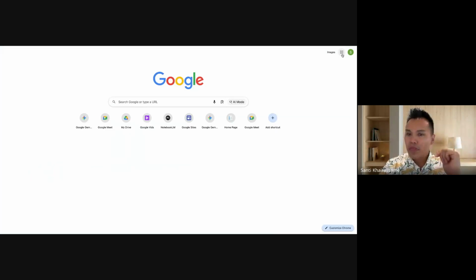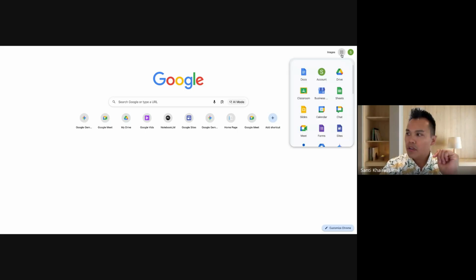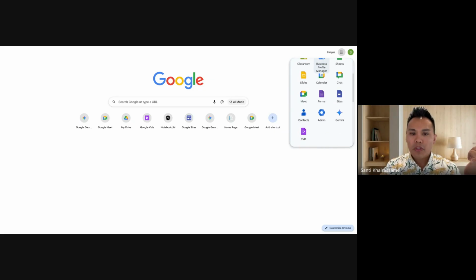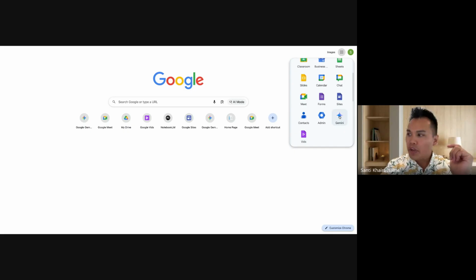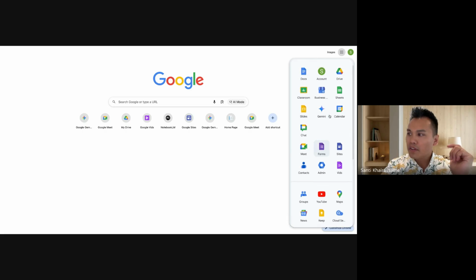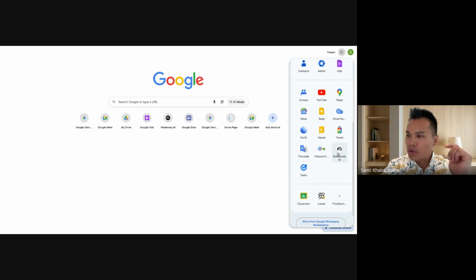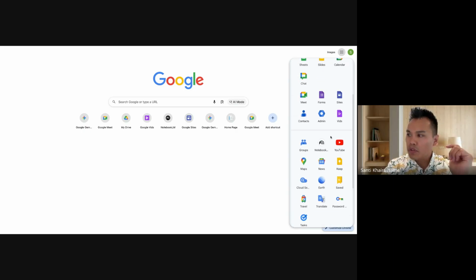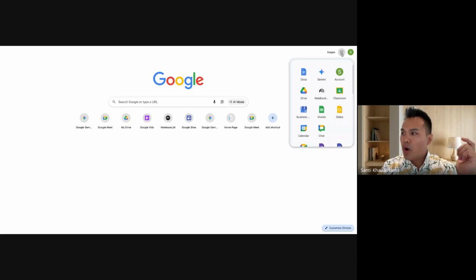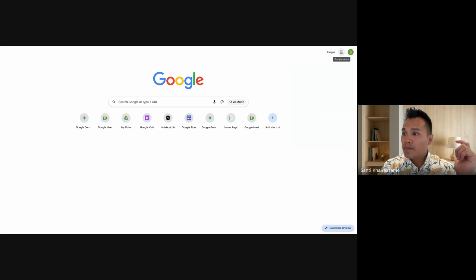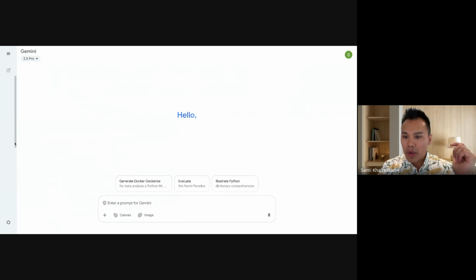Our good friend, the waffle, these 9 dots up here, used to look more like a waffle. Many people use this to have shortcuts to your Google Drive, your Sheets. There's a Gemini link over here also. Oh, look, you can move it around. Maybe you want that Gemini link right there at the top. And this is foreshadowing also: there's also Notebook LM that you can move up. I'm going to move this all the way up here. This is a top shelf app right there. So you can access Gemini by clicking on the waffle and going to Gemini, or as I put in the chat, you can go to gemini.google.com.